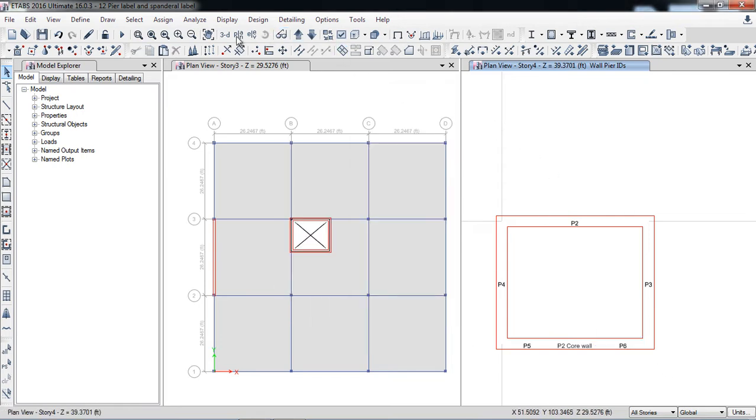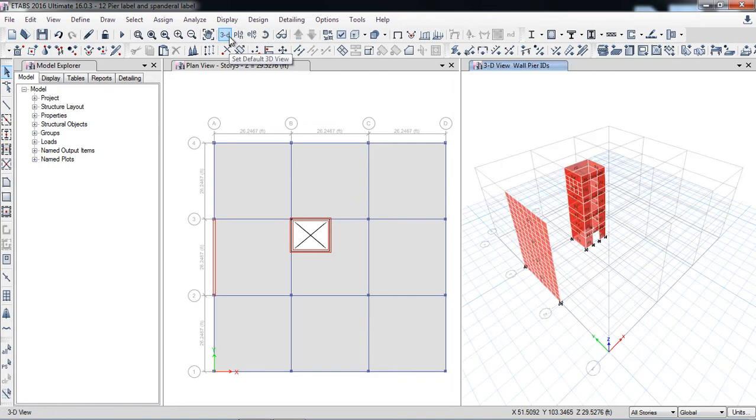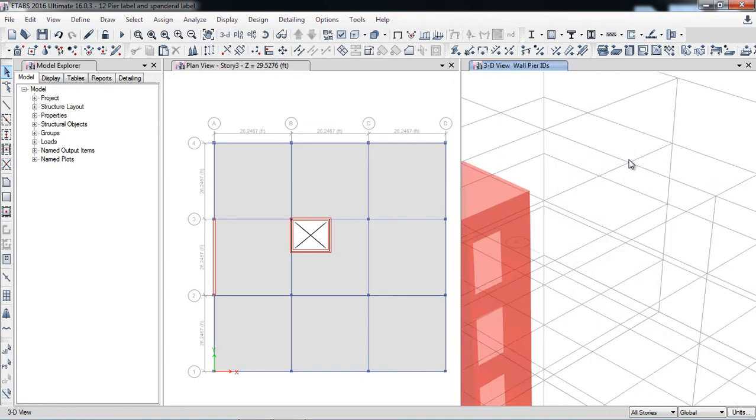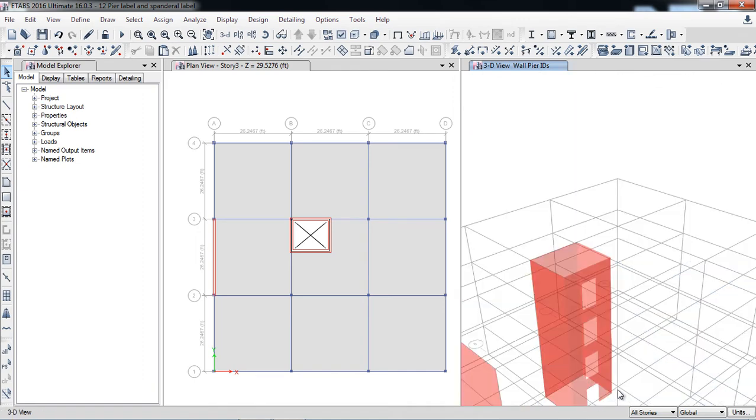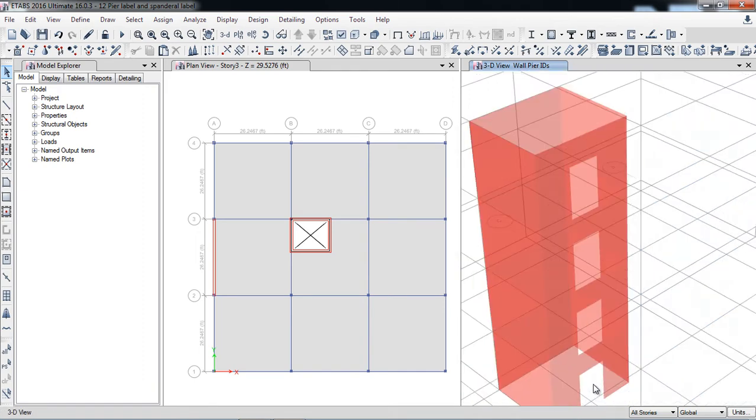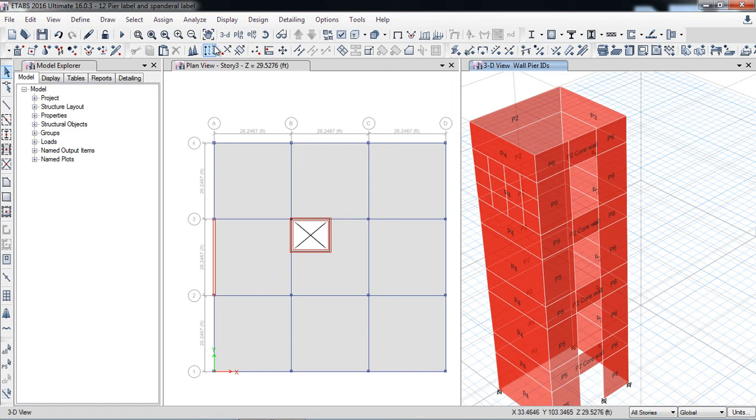So now in the 3D view, I can see the pier labels assigned. Now I will select one by one for the spandrel beams. For the pier labels, ETABS shows the results at top and bottom, and for spandrels, ETABS shows results for left and right options. So I will just select this concrete wall and assign